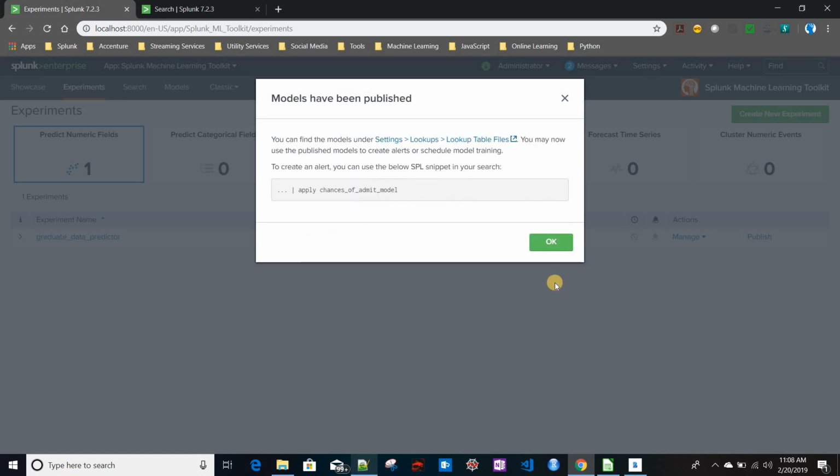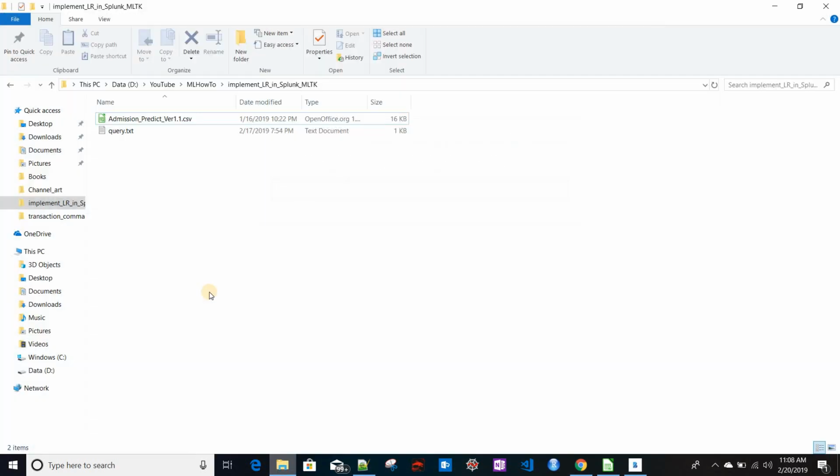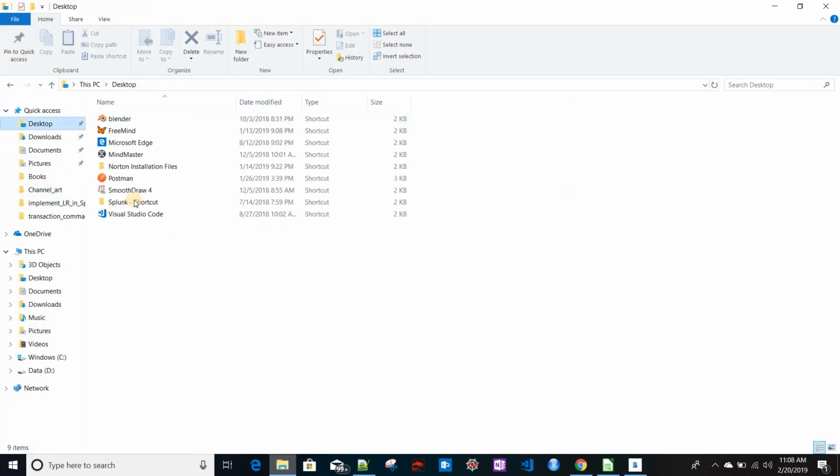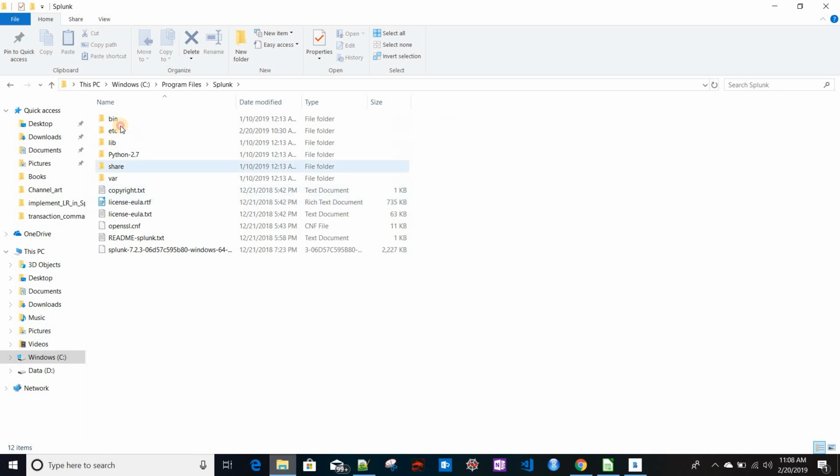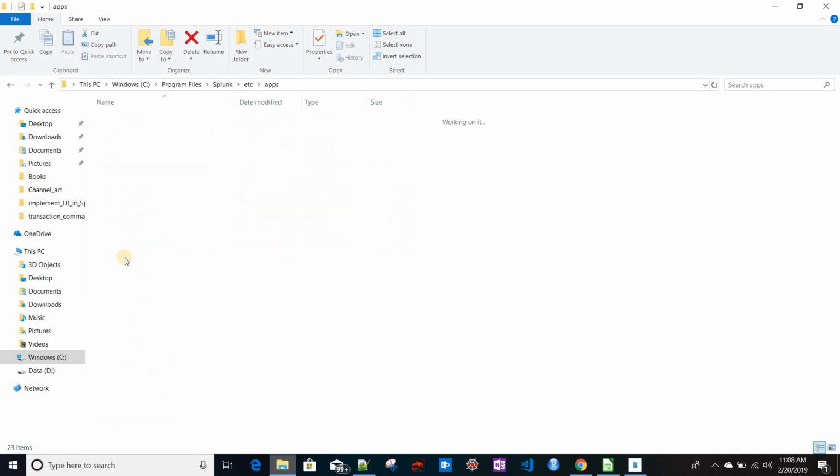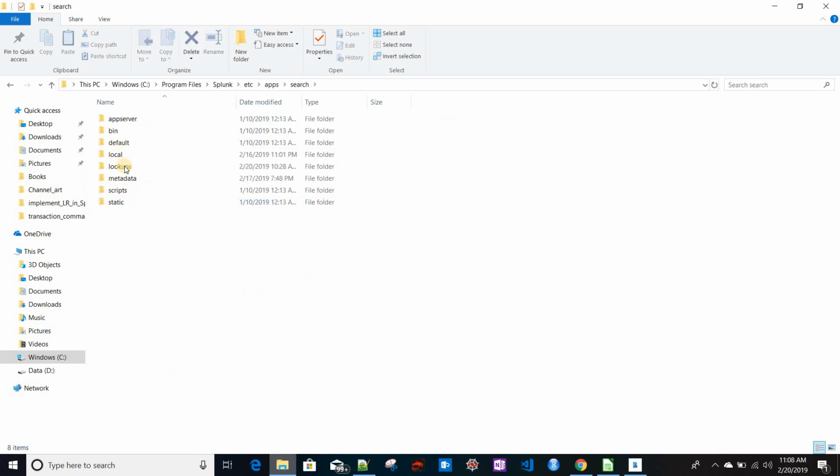Okay, so the model is created now. How the model is created in the background is that it's basically a lookup file. So let us see that. From the Splunk home, etc, apps, search, lookups. Currently, if you see it over here,